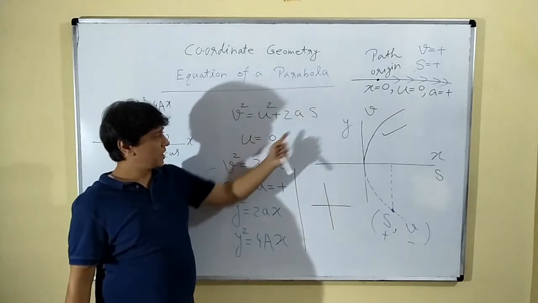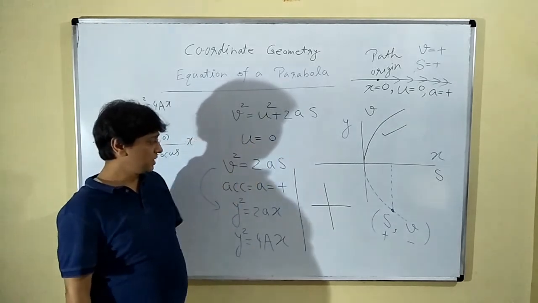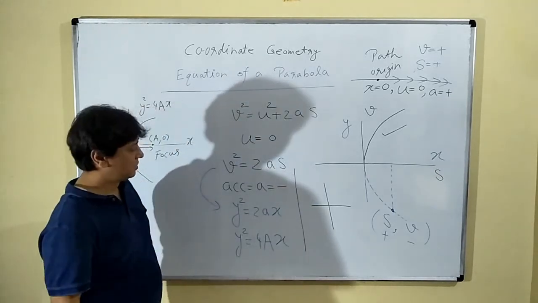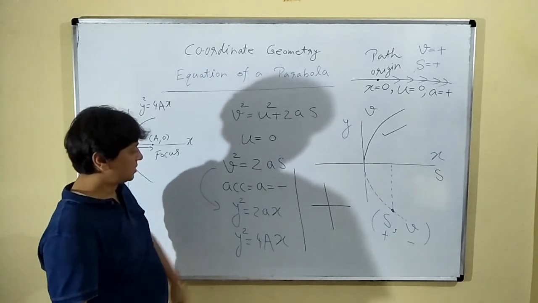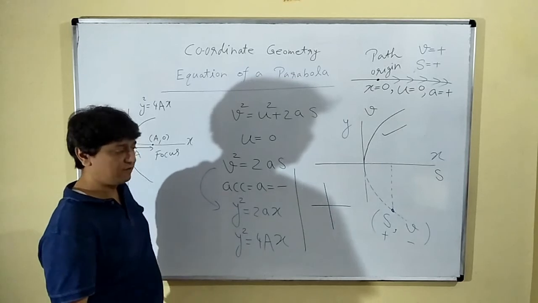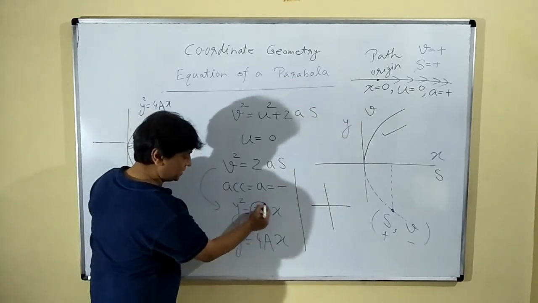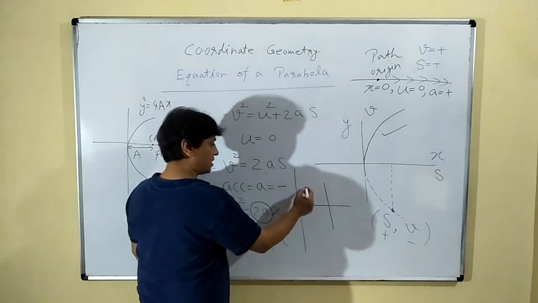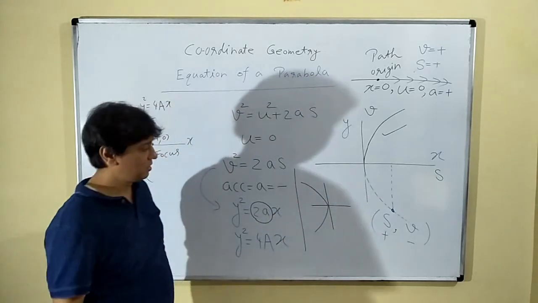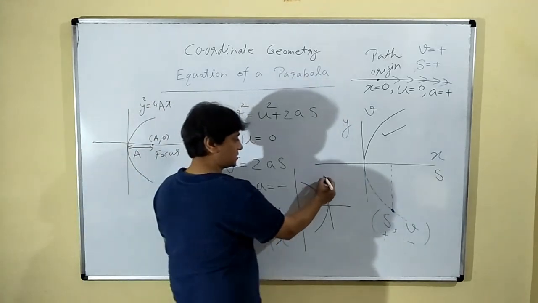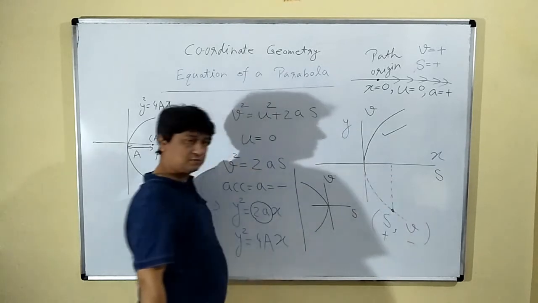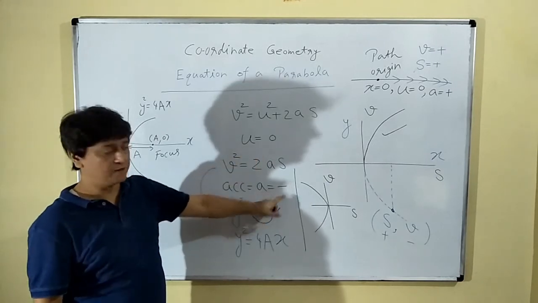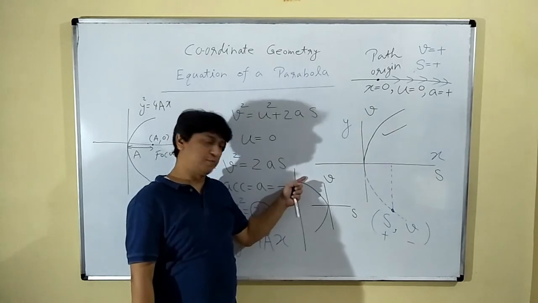v square is u square plus 2as, u is 0, लेकिन इस बार अपने को दिया हुआ है दैट एक्सेलरेशन इज नेगेटिव। होपफुली आपने पिछला पार्ट नोट कर लिया होगा, एक्सेलरेशन इज नेगेटिव। अगर एक्सेलरेशन नेगेटिव है तो फिर ये जो कोएफिशिएंट है, दिस कोएफिशिएंट इज नेगेटिव, और अगर ये कोएफिशिएंट नेगेटिव है तो हमारा ग्राफ इस तरह से ओपन होगा। वर्टिकल एक्सिस इज v, हॉरिजॉन्टल एक्सिस इज s। अब स्टार्टिंग वेलोसिटी कितनी है, 0। एक्सेलरेशन क्या दे रखा है, नेगेटिव। अपने को पता करना है कि इस ग्राफ का अपर पोर्शन या लोअर पोर्शन,